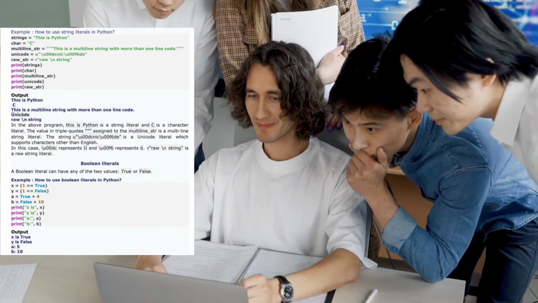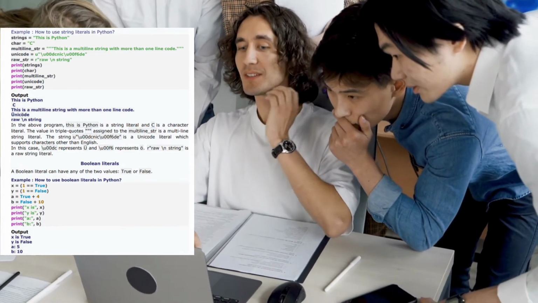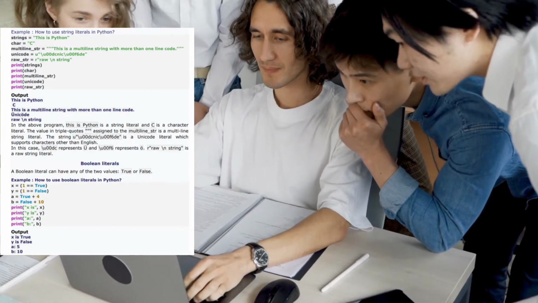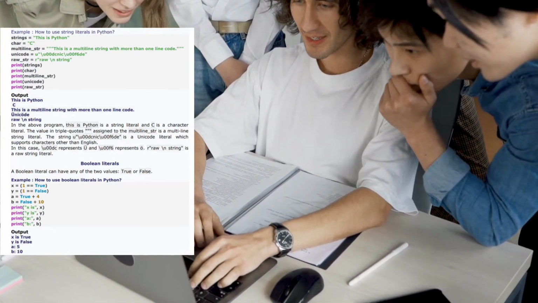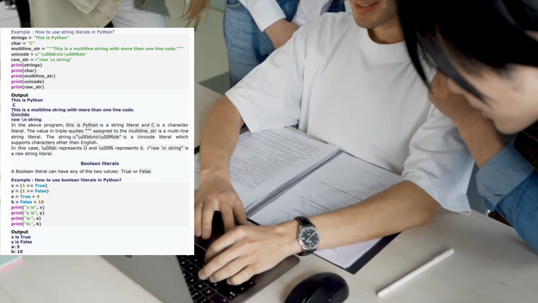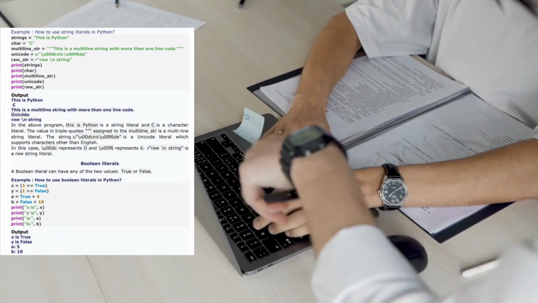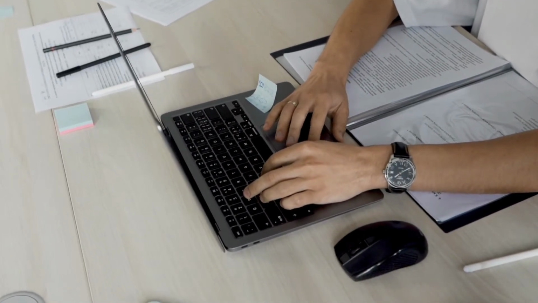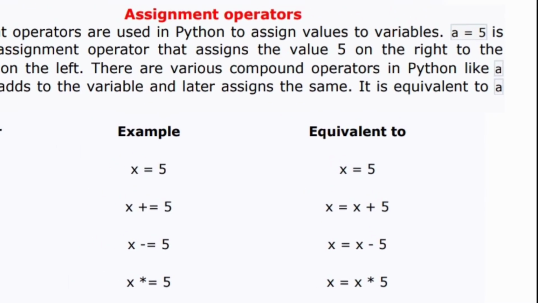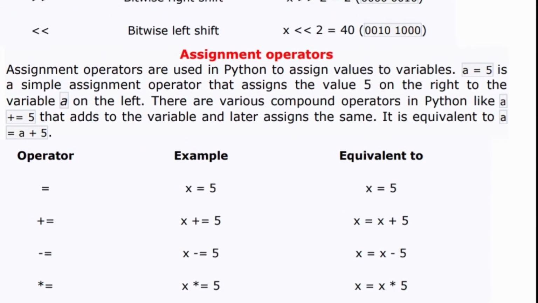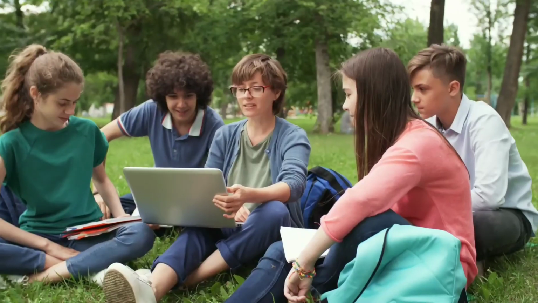Python import. When our program grows bigger, it is a good idea to break it into different modules. A module is a file containing Python definitions and statements. Python modules have a file name and end with the extension .py. Definitions inside a module can be imported into another module or the interactive interpreter in Python. We use the import keyword to do this.